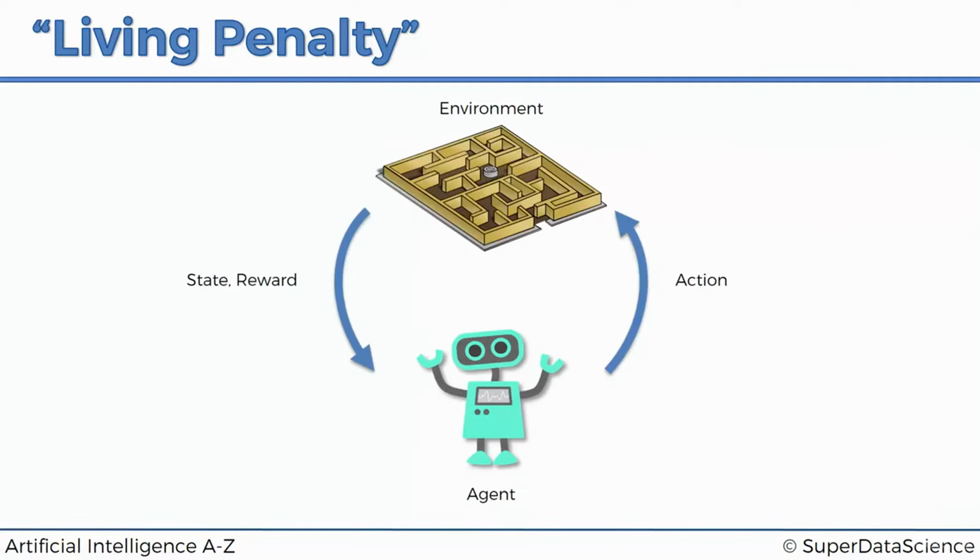Now, remember previously when we talked about how reinforcement learning works, we said we have an agent and it performs actions in the environment, and as a result of that, it gets a new state in which it's now in and a reward for that action. Well, so far in our example, we've only been getting rewards at the very end: if we get to the finish line or if the agent ends up in the fire pit, he gets a +1 or a -1